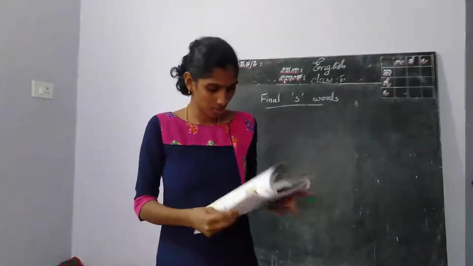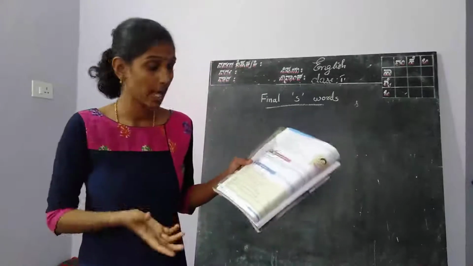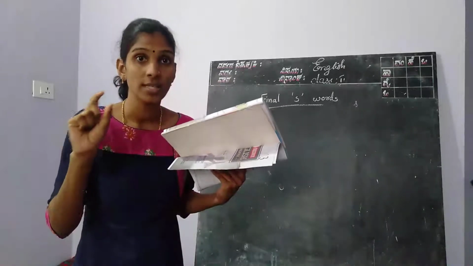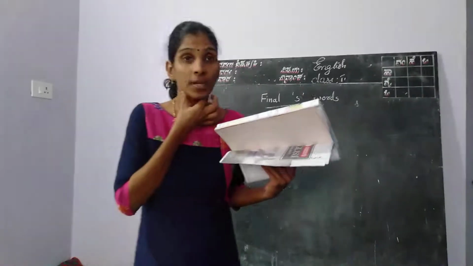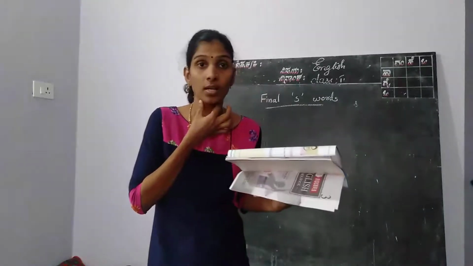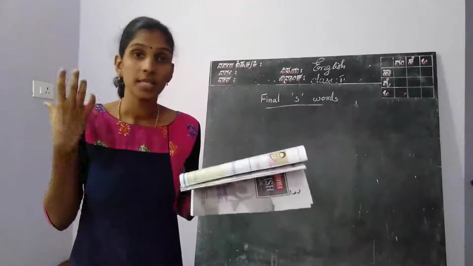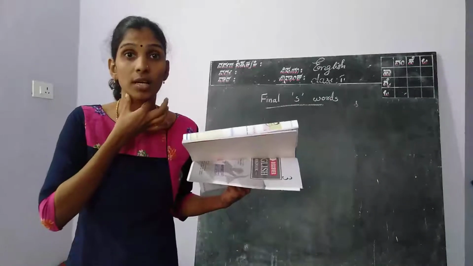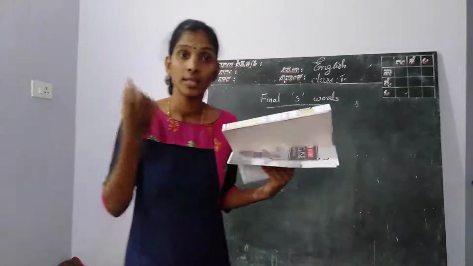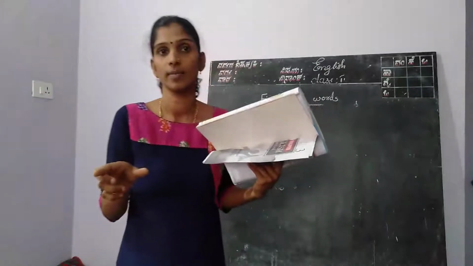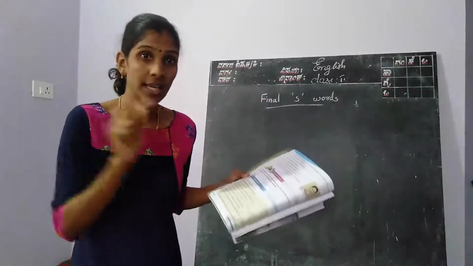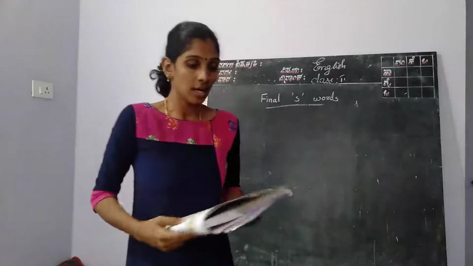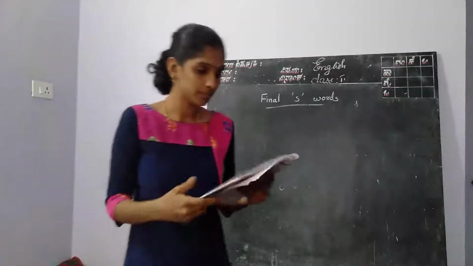In your textbook we have learned examples also, like parents, tournaments. Those words end with an S sound. So when we pronounce those words, our vocal cords do not vibrate. And the same with ears, dialogues. When we pronounce those words, our vocal cords vibrate. So those words end with a Z sound. The final letter is S, even though that letter is pronounced as Z. Okay, let us see the activity from the workbook.